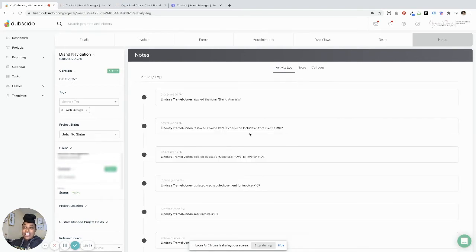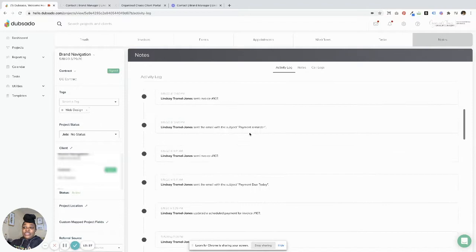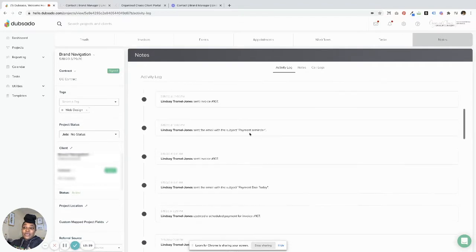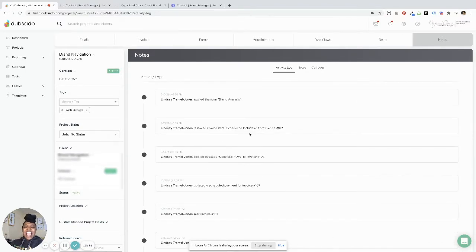See? And these are activity logs of what you've done so far: sent invoices, sent payment due. Everything in one spot. Now, if you could give me just a minute, I'm going to allow you to see what it looks like in front of the client. What does the client portal look like? This is what it looks like for us, but the client portal is just a little bit different, and it gives them a different look. So hold on, and I'll show you how my client portal looks